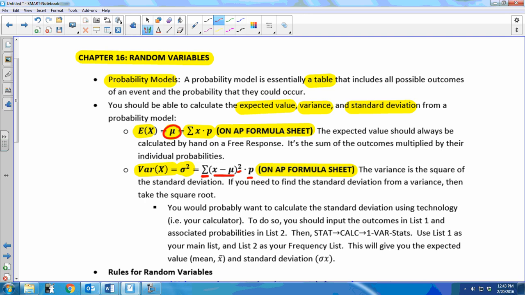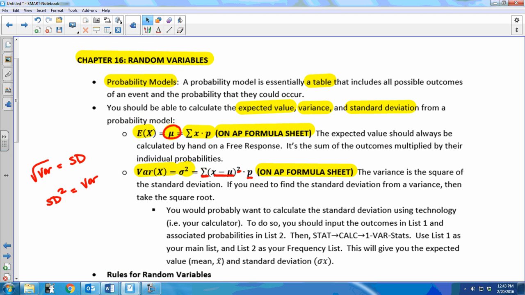If you want to find the standard deviation, then you take the square root. Remember, the square root of the variance is the standard deviation. Alternatively, the standard deviation squared is the variance. Keep those things in mind. You can do that by hand, but I also showed you how to do that in your calculator. So it tells you how to do it down here. But in case you forgot,